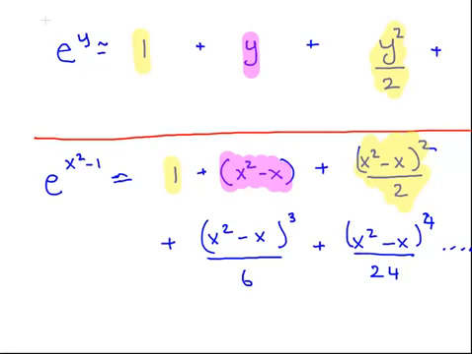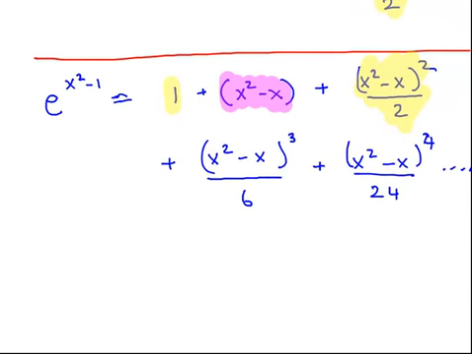Now you're probably thinking this is looking pretty clunky. So what we're going to do is try and get around this. We're going to factorize it and see how much that helps us. So e to the x squared minus x equals 1 plus x times x minus 1